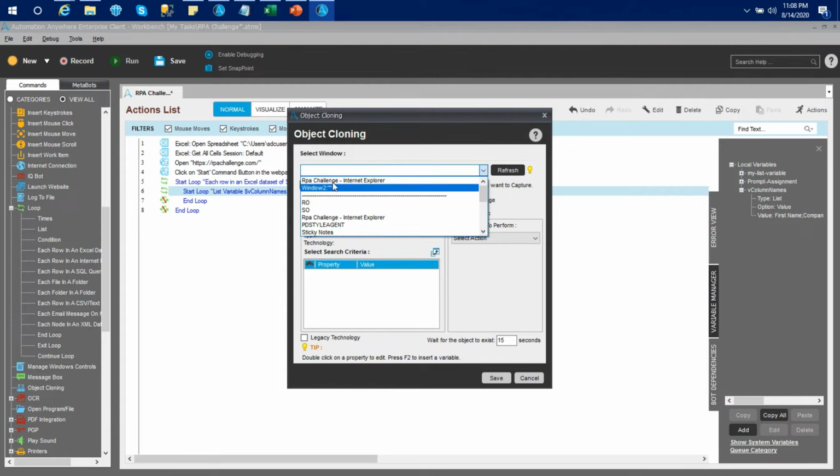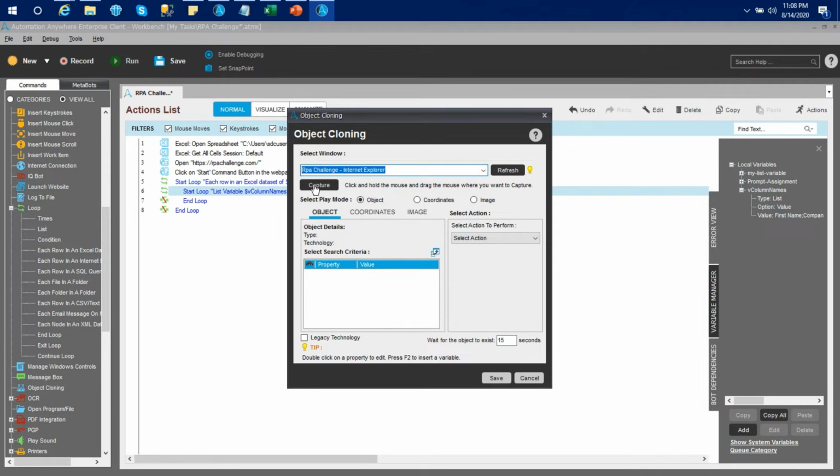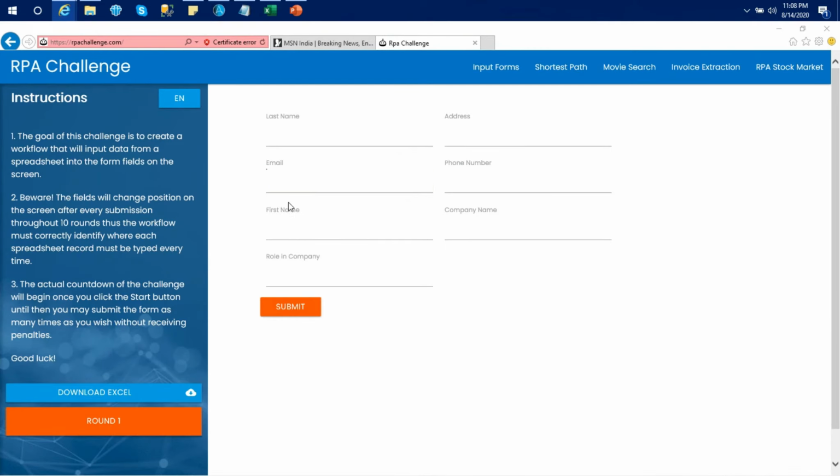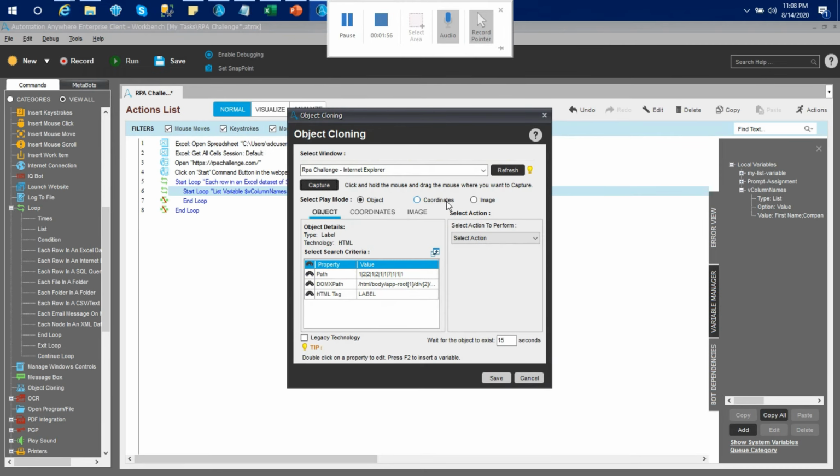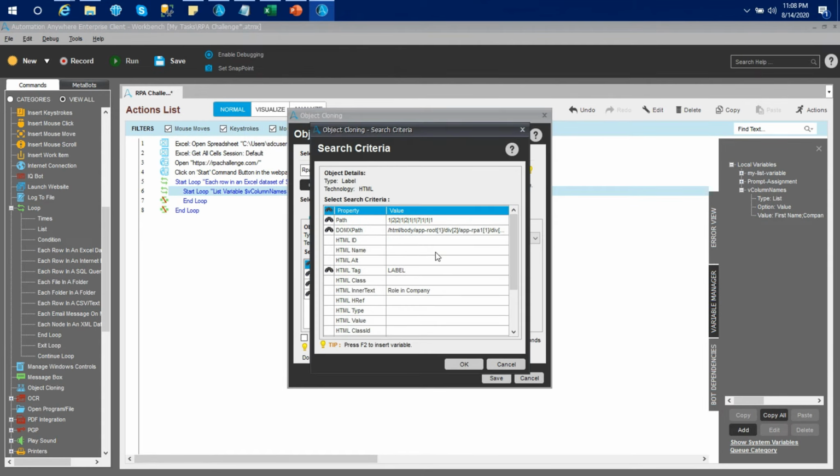Let's try to find out a pattern and index. Is it going to be the same for the header name of the column and the text field? Okay, let us say role in company. Okay, so let's go here. Let's remove everything else. I'm just going to enable inner text, and I'm just going to enable